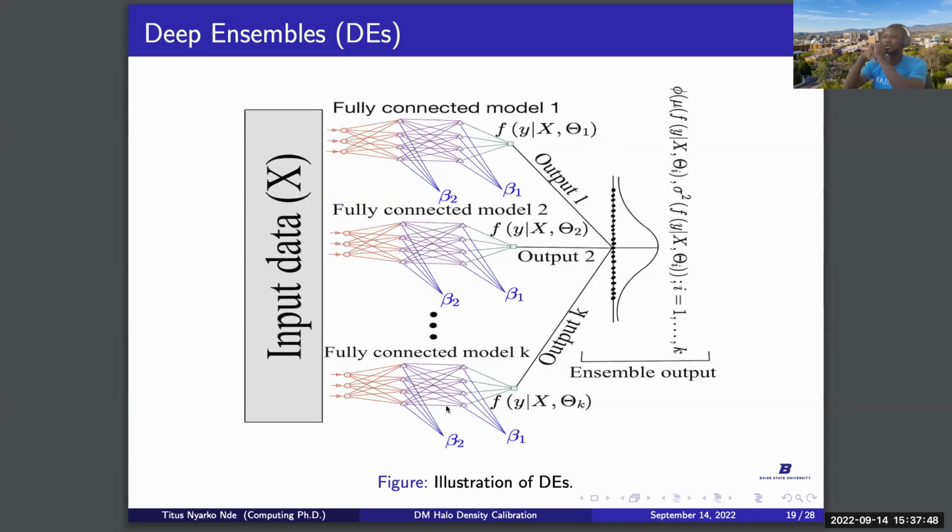So this is the whole structure of the deep ensembles. In deep ensembles, you basically retrain the same neural network architecture over and over, several times, with different random initializations. This random initialization helps to make the models as independent as possible. And then at the point of prediction, you use all the models to predict at once. Typically, most of the time you use the mean of the predictions as your prediction, and then the variance, the standard deviation, as your measure of uncertainty.